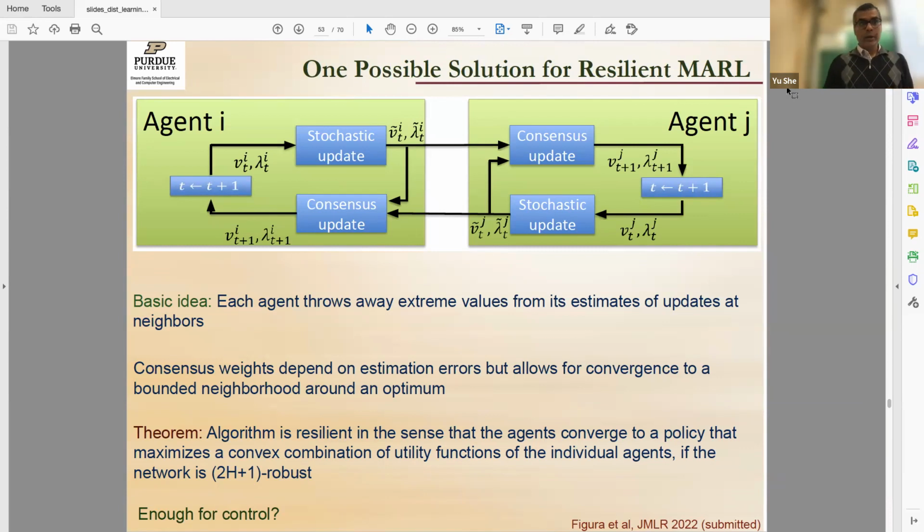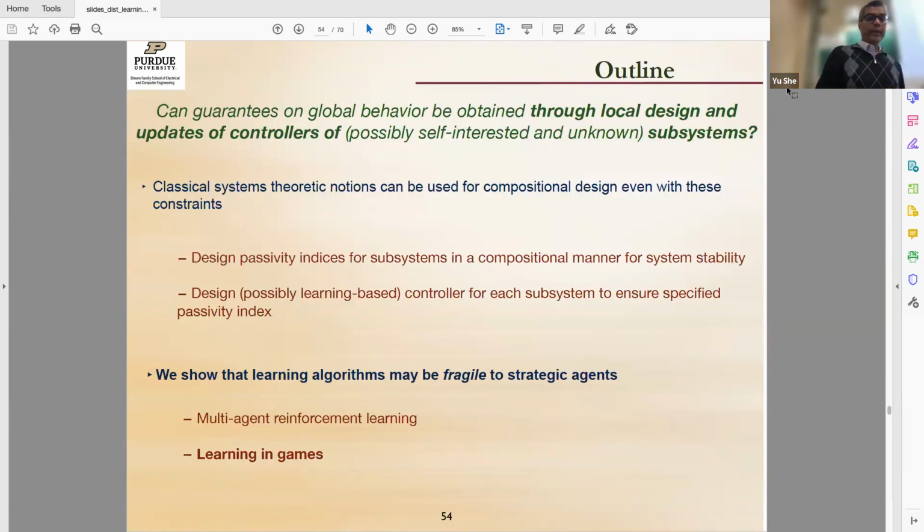Yeah. And the very final thing that I want to do is sort of go away from this. Everything so far was in a cooperative setting, to go a little bit into a game theoretic setting, right? So in a game, we have these subsystems that are coupled to each other, right? So my reward function depends on what you are doing, but I don't care at all about the team functions. Everything is out in the open. Right? So here, everybody was caring about the team except the strategic agent. Let's just get rid of that caring about the team. Everybody cares about their own, right?